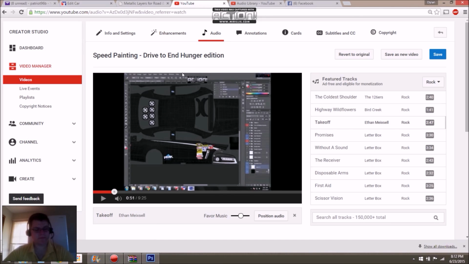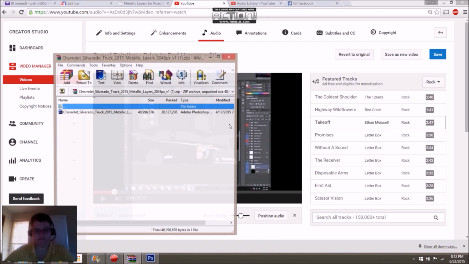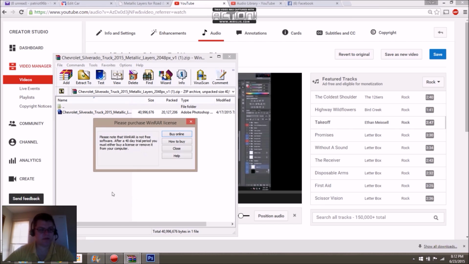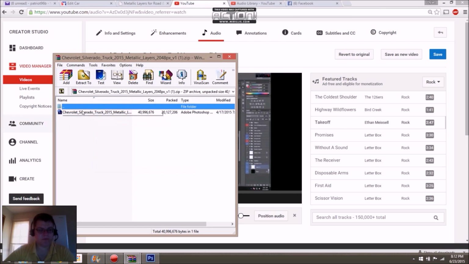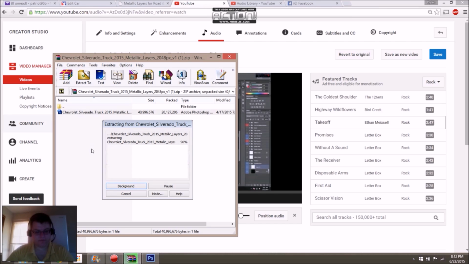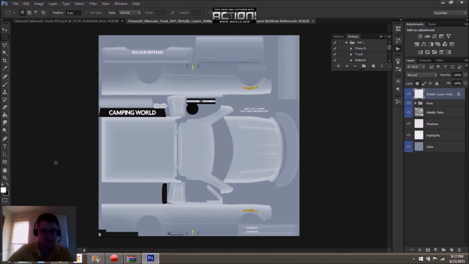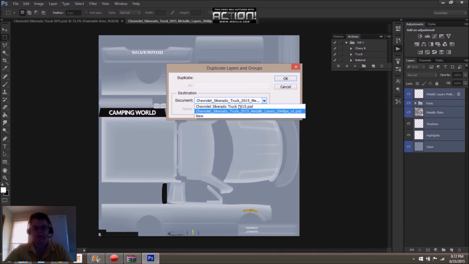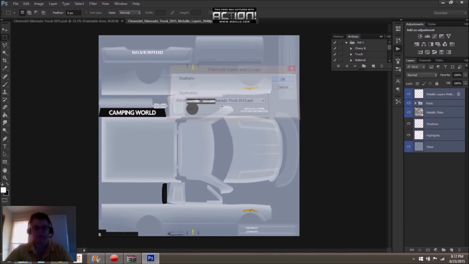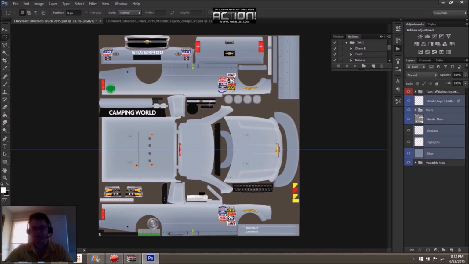Okay, so I've got the Silverado template right here. So I'm going to open that up now. Pardon my voice and the general crappiness of my recordings. So, okay, anyway, I'm going to take those files, I'm going to duplicate them over to our truck template. It's just that easy.